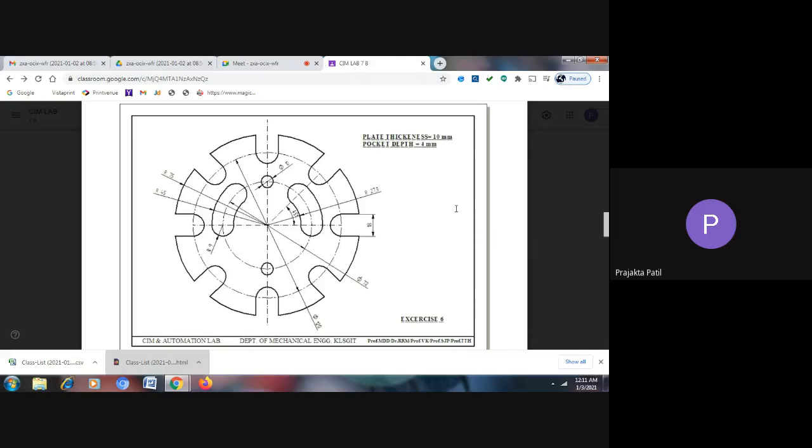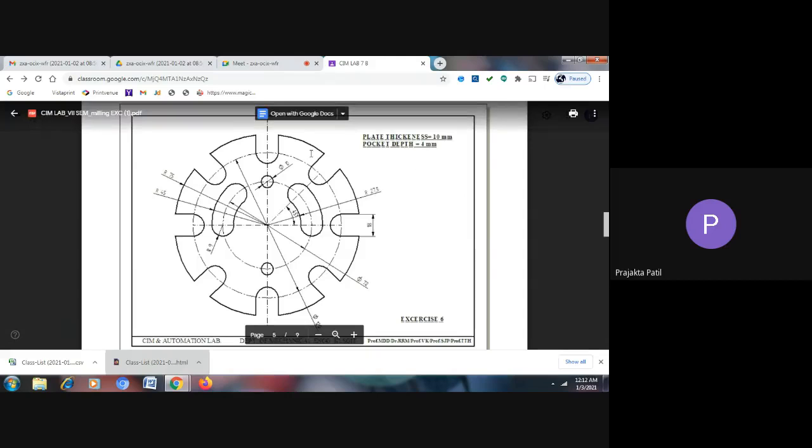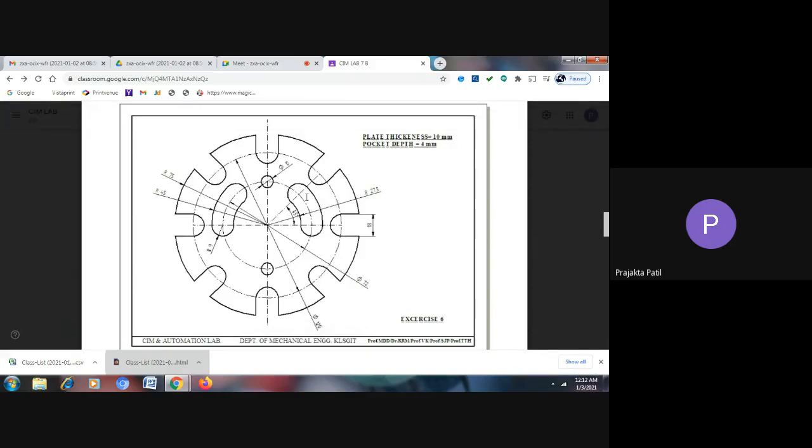exercise, you have to first understand what are the different entities that have been used. So here you can see you have one circle, circle 1, there is another circle, circle 2, and circle 3. So first we will try to draw all these three circles. So let us understand what the diameters of these circles are, or if radius is given, let us know the radius of it.